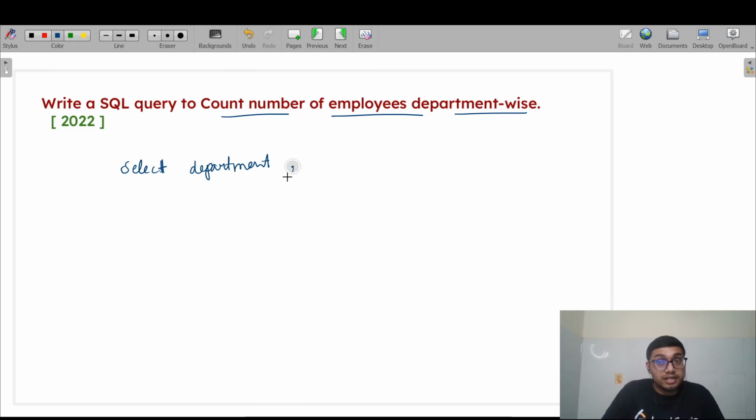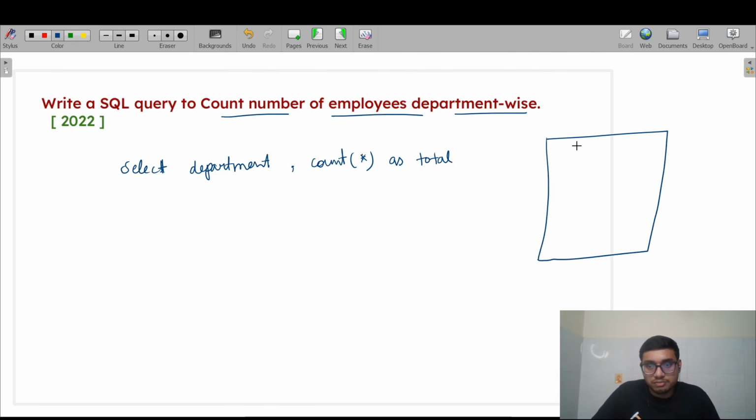Okay, then the number of employees working in that particular department, right? So we will use the count aggregate function. Count asterisk, for that corresponding department, how many employees are working. As total, you can use total as an alias, so our output will look like this. This is department, and this is total. Total means here we are referring to the total number of employees working in that particular department. So as total, then from